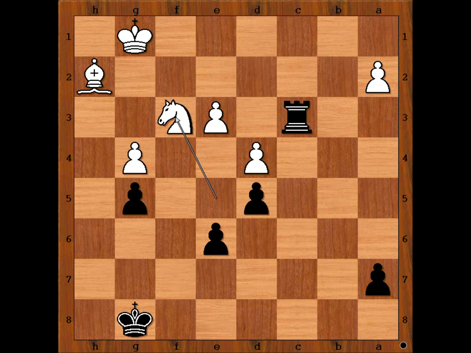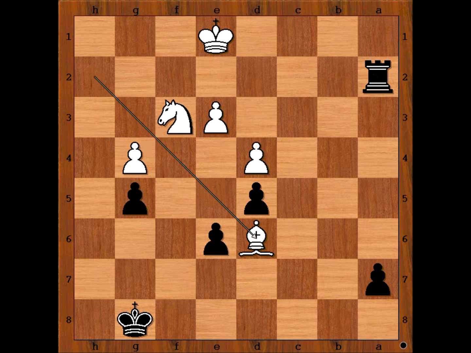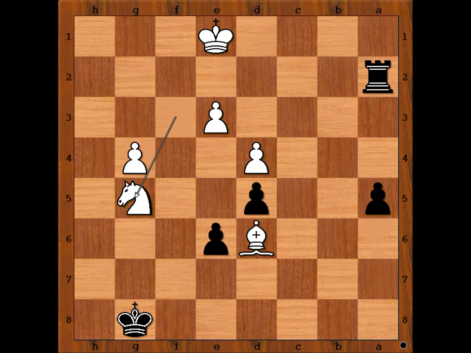Black to move. Rook to c1 check. King to f2. Rook to c2 check, king to e1, rook takes pawn on a2, and black has a passed pawn on the a file. But there is a good chance that black will lose all other pawns. Bishop to d6, a5, knight takes on g5, a4, king to d1,